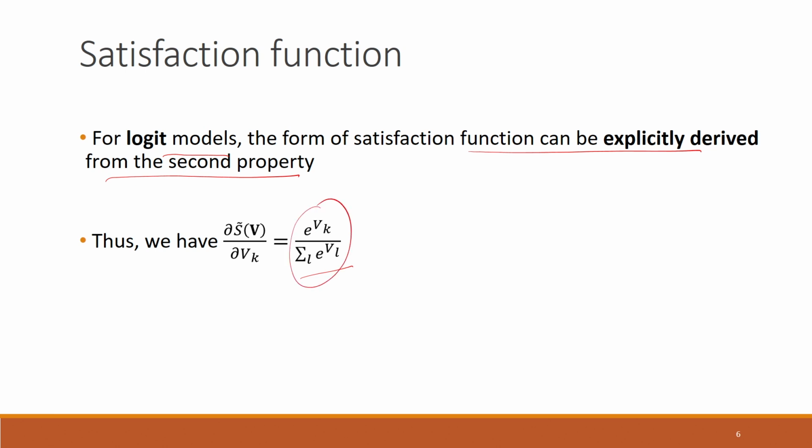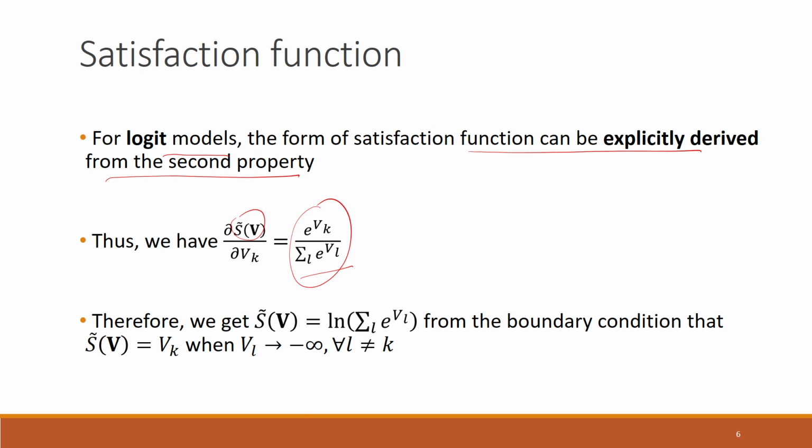So this is that expression. We have seen this before. It is written in terms of the systematic utilities of different alternatives. With this it is possible to derive the satisfaction function, which comes out to be ln of the summation of e to the power Vl, where l is going over all the alternatives. In order to derive this, what we require is this relation, and we require one more boundary